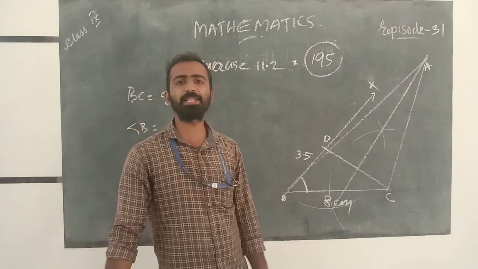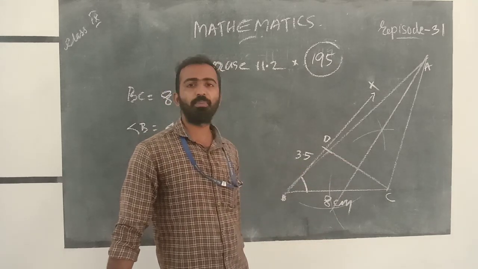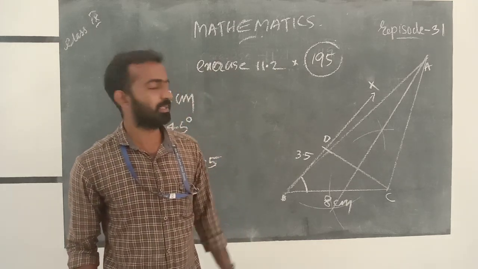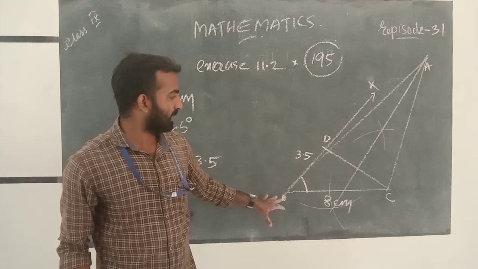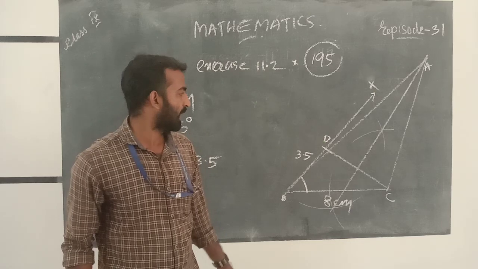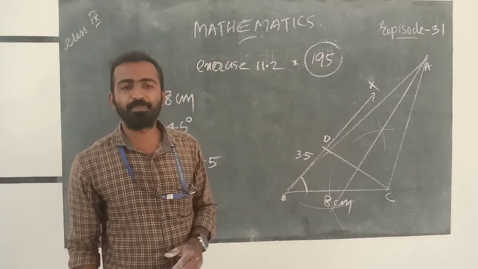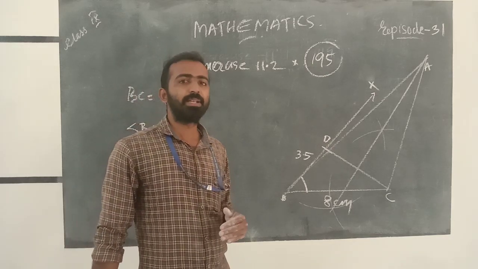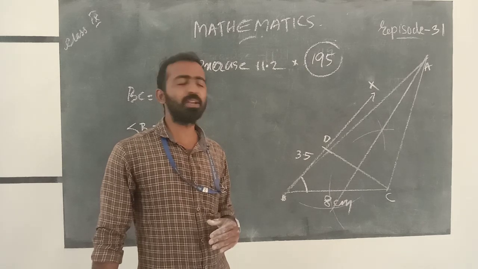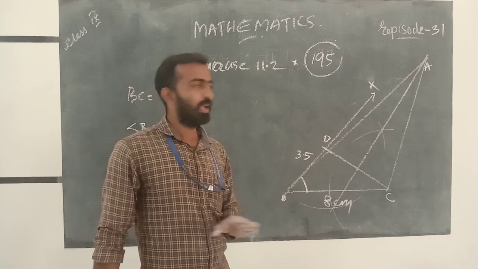First we draw the base BC 8 cm. Next we measure the angle, sorry, not 90 degree, 45 degree, and we take D as the cutting of BX. We cut BX, the point D in BX as 3.5 cm, and we join D to C, and we draw